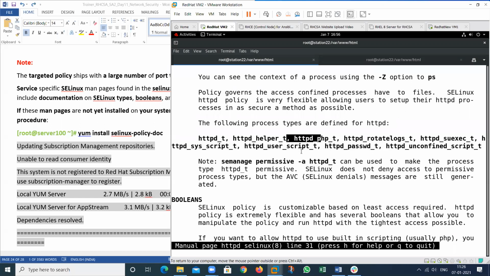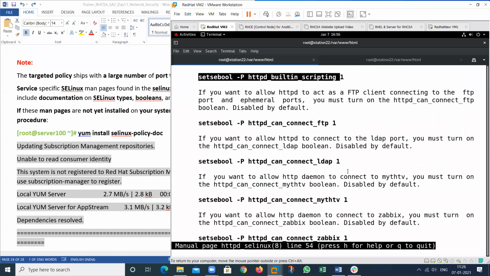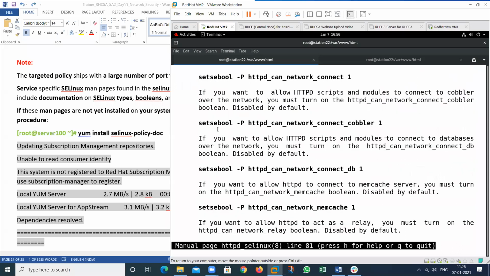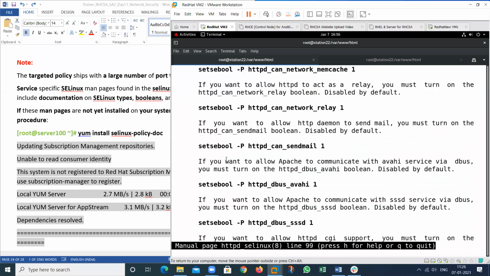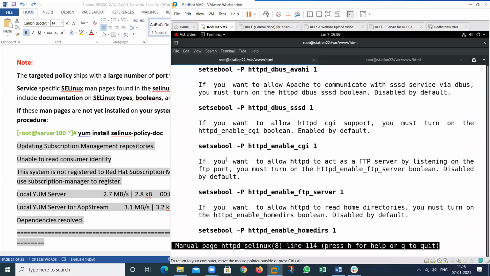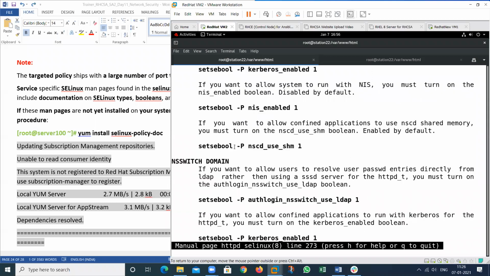This is for the Boolean also. So you can see all these commands. By using the Booleans, we can also change things, that I told you. These are all the commands about SE Linux.